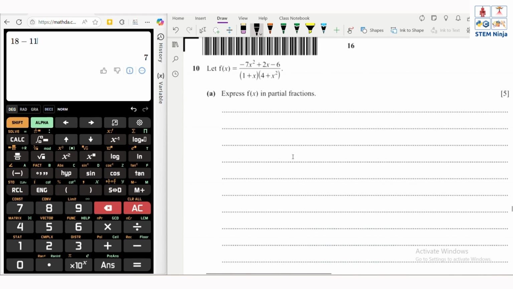Question number 10. Let f of x be equal to this. Express f of x in partial fractions. So over here we have a quadratic expression which we cannot factorize. So we will have